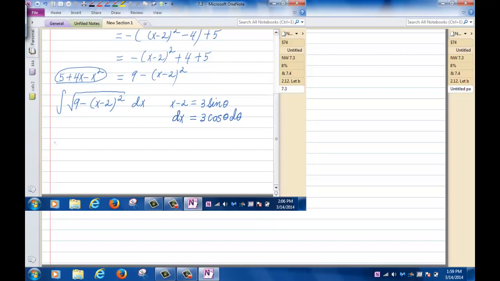Now my integral then is 9 minus 3 sine theta squared, and then dx is 3 cosine theta